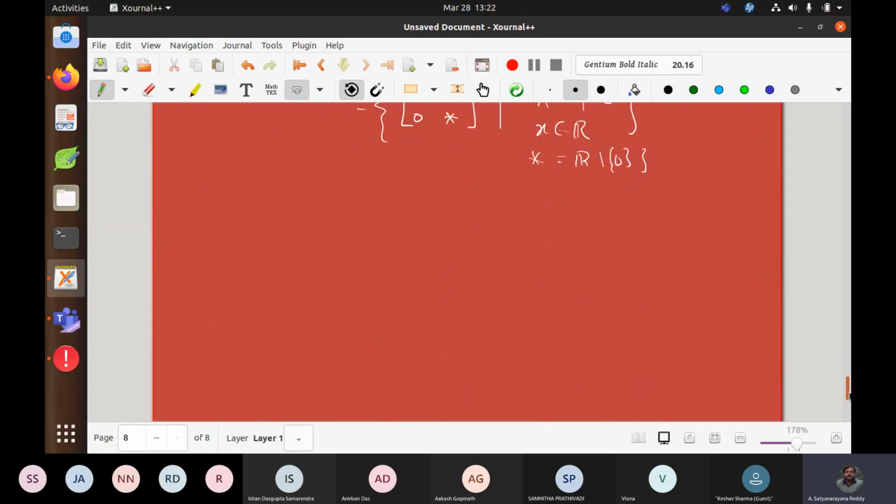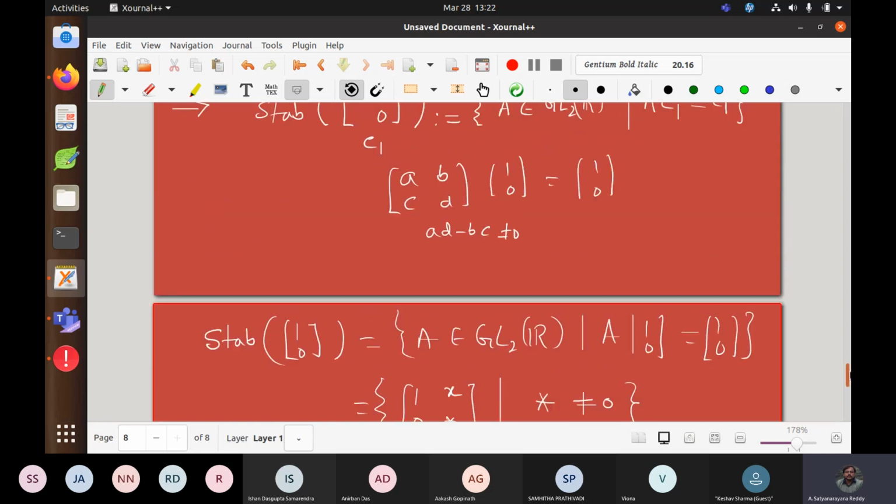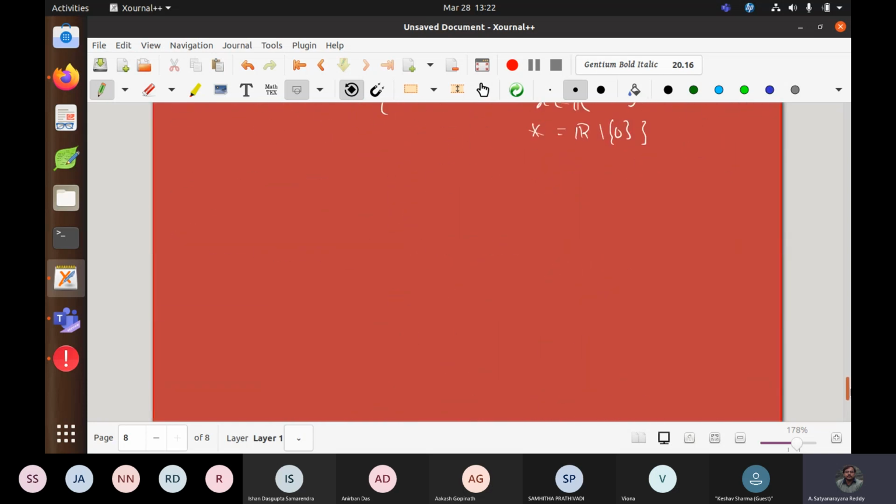So the n equal to 1 case you can work out. Now I'll go for general n. Okay. So now with all these things you enjoyed, I think you will tell, Ishan already started telling. You will tell for the general case, right? So I'll go slowly one after another. So now I am taking A belonging to the stabilizer of orbits first. So the orbit of the 0 vector. Okay. So the orbit of the 0 vector is equal to 0 only.